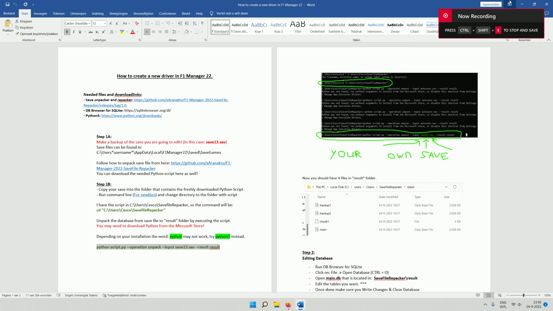This is going to be a little tutorial on how to add drivers to F1 Manager 22. We'll do it a little bit in a hurry so we can get through this as quick as possible. We will do this by editing an existing save file. I have a few files saved from day one into the game, so I can just add and patch some